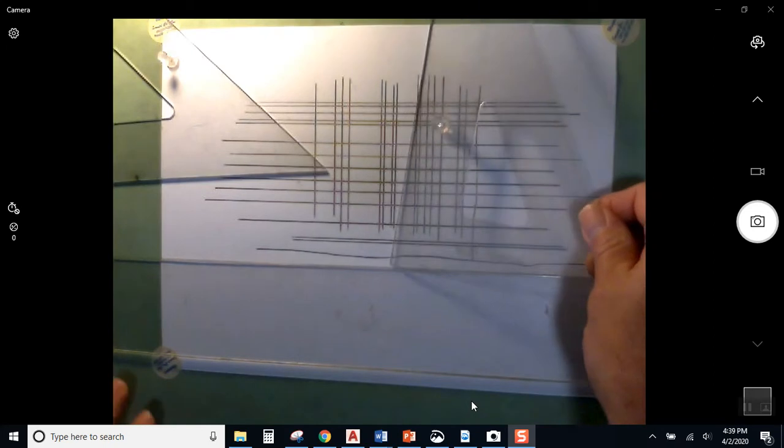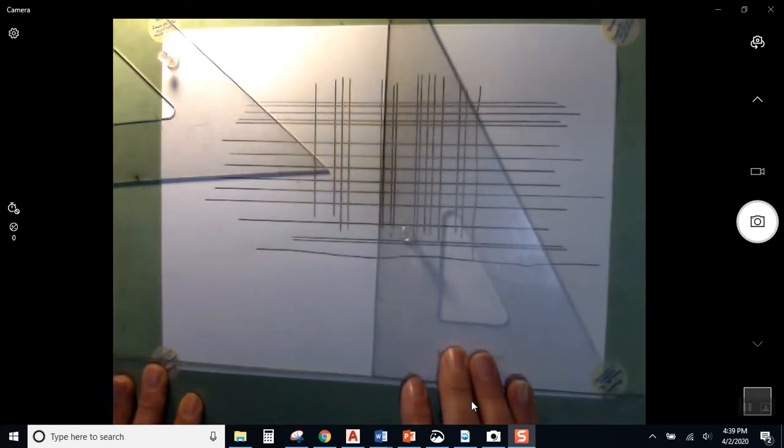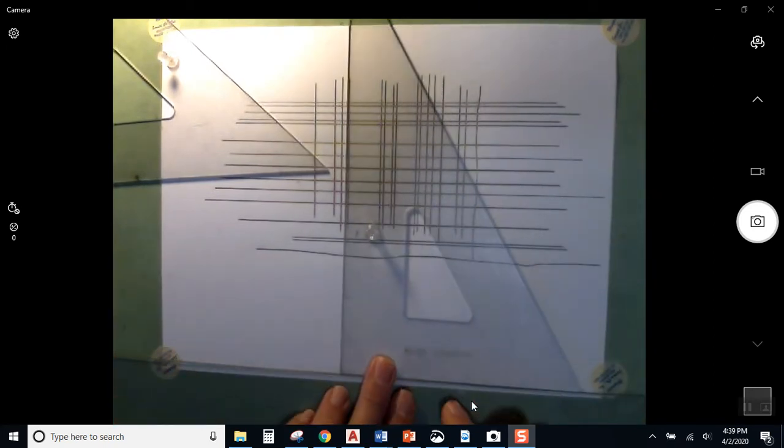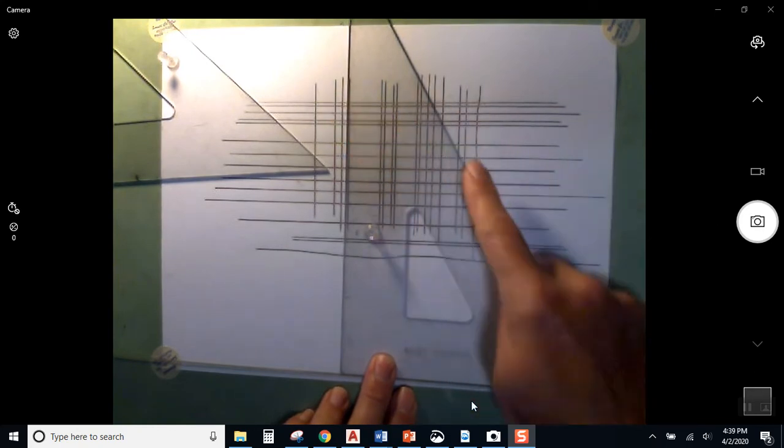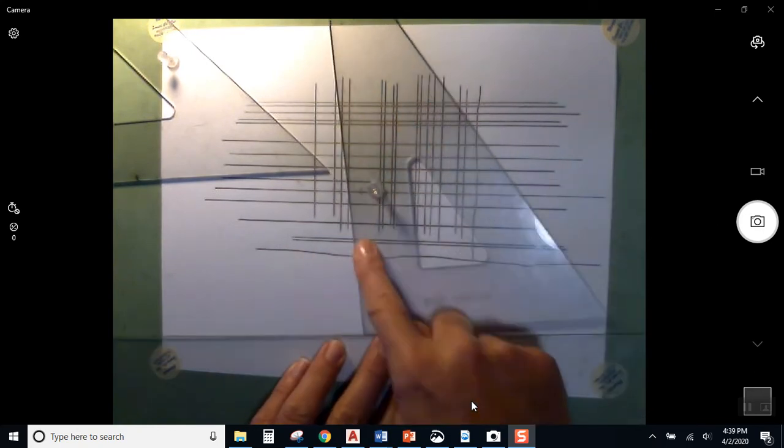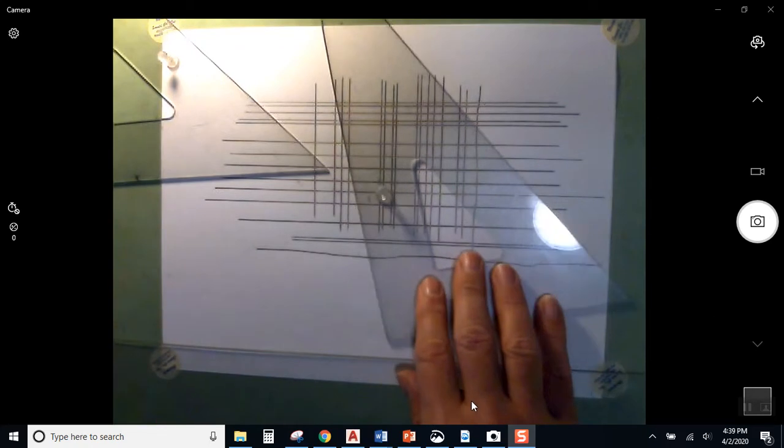The other triangle in your toolkit is much skinnier and longer. It is a 30, 60, 90-degree triangle. So why only two triangles? And why doesn't our drawing kit have a protractor? Well, the fact is, if you look around at manufactured things, if you look around at buildings and the built environment,